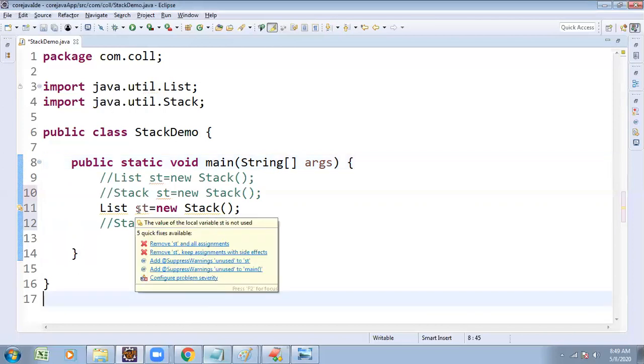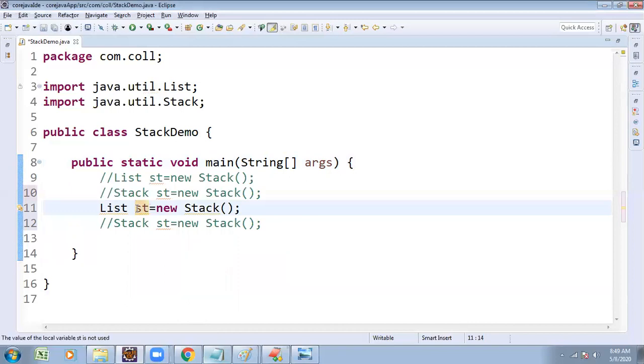What we wanted to do, I wanted to create it as a generic collection. Here I wanted to store the string type. So List of String st is equals to new List of String.